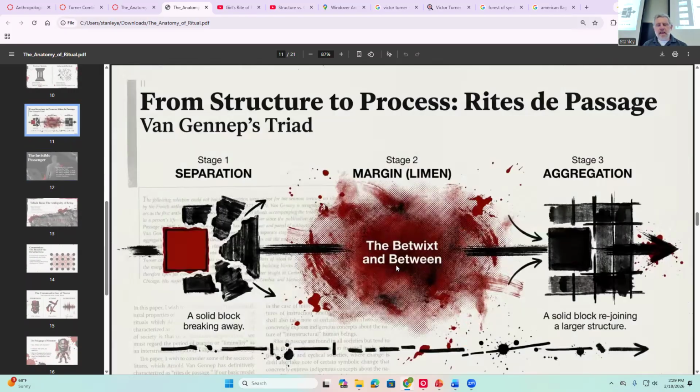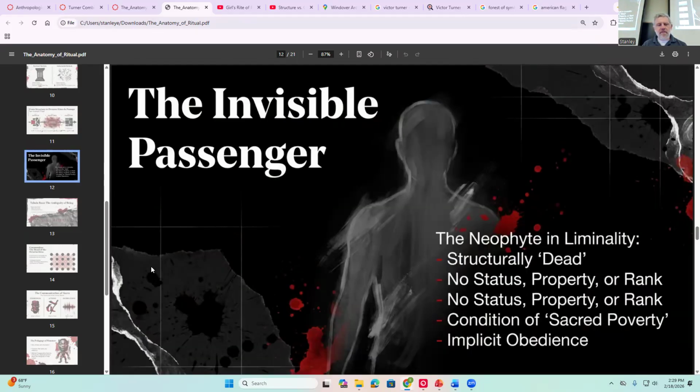And he's particularly interested in this middle state. And this is where his bigger contribution is. Van Gennep comes up with this three-part structure, but Turner says that we need to really focus on what goes on in this middle stage, stage two, the liminal stage, the in-between stage, when people are no longer of one state or the other. And it leads to a very special kind of life, or a special kind of being for people in this state, right? So during this time, he gives the example of an Ndembu boy's initiation ritual, right?